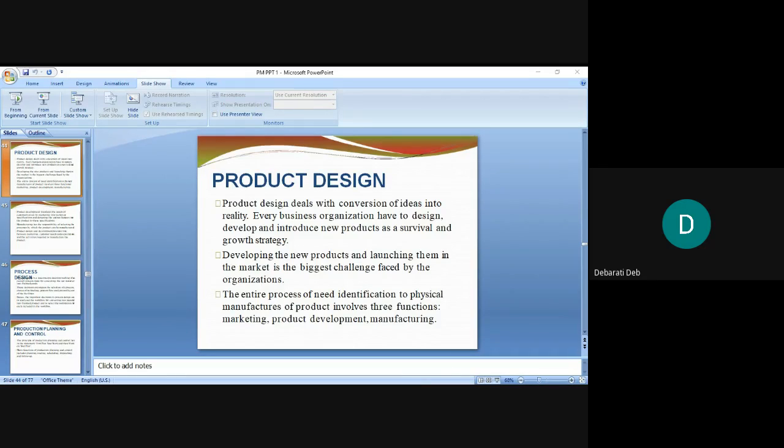Then product design and development provides a link between marketing, customer needs and expectations, and the activities required to manufacture the product. So now do you get a clear idea about product designing? That it creates a linkage between marketing, customer needs, expectations of the customers, and the activities which are necessary for manufacturing the product as per the needs of the customer. For that, product design and development is essential. Is it clear what is product designing?